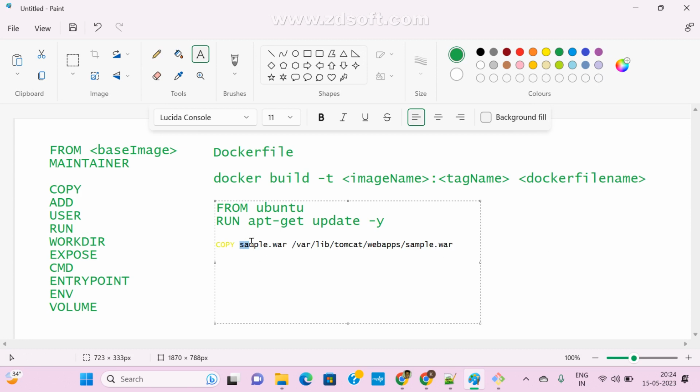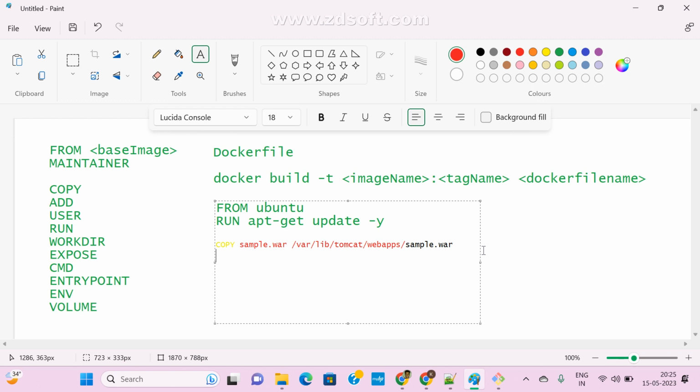So what is this? This is the source. I am copying the source file, and this is the destination path, the container path. Up to here, this is the container path. Clear? Any doubts here? So COPY is one keyword.